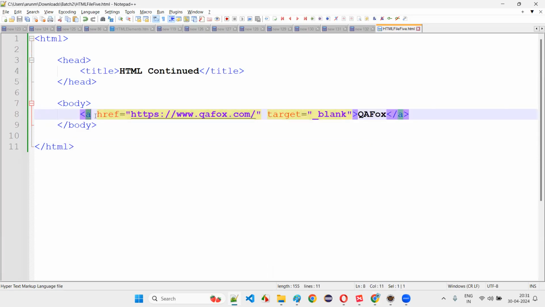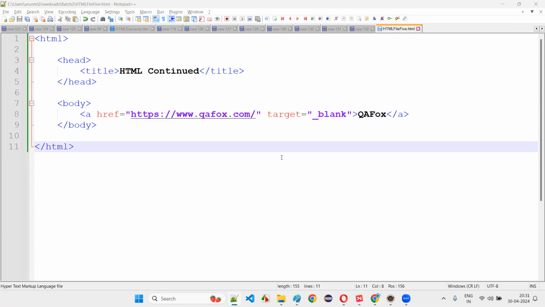This is a hyperlink, but we can set different properties like height, width, and all. For the anchor tag, we will not set the height and width, but there are other elements, like images, where we have to set the height and width. Multiple attributes will be there, which will define the behavior.